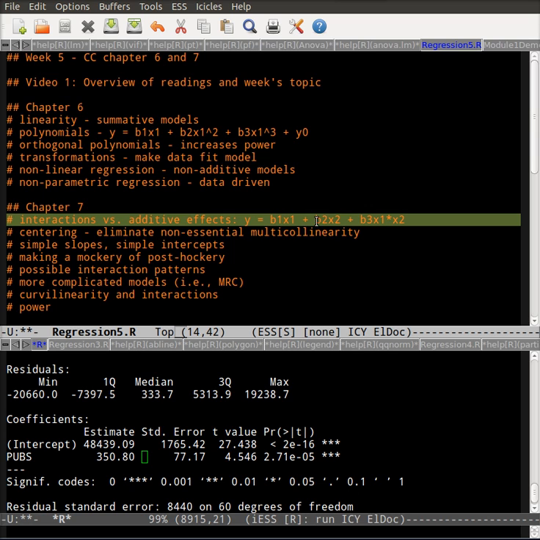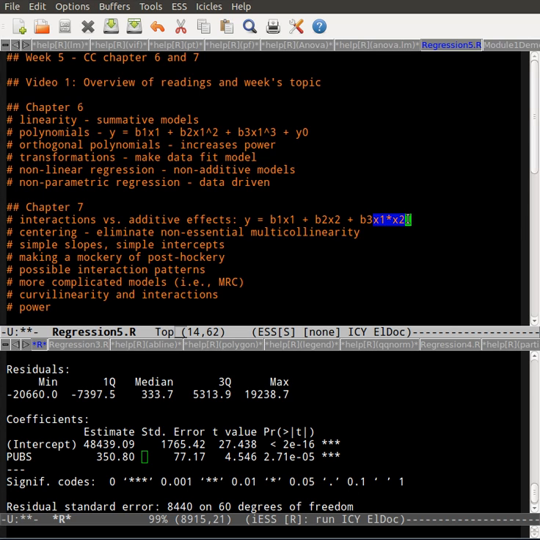So it's x1 or x2 or x1 and x2. And that's what we're testing in these interactions, or in a term that most of you are familiar with now, interactions are called moderated effects. And one way to understand moderated effects is, first, in order to appreciate or interpret B3, oftentimes it's best to